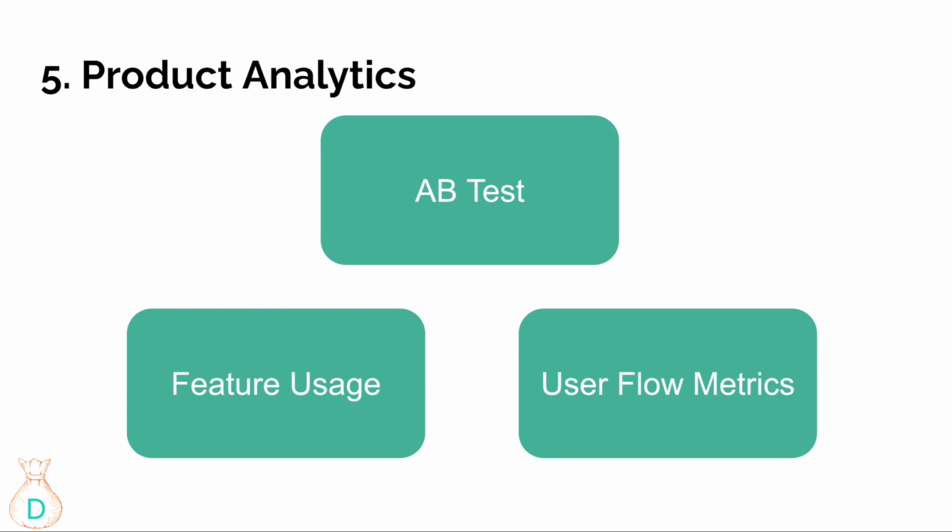And then there's also the feature usage part, so we want to help the users. If they didn't even know about the feature, then we want to give them prompts to know about it, and then make sure they adapt to new features that we create. These are the things you're interested in. And also the user flow metrics, such as the funnel, how users are going through these.